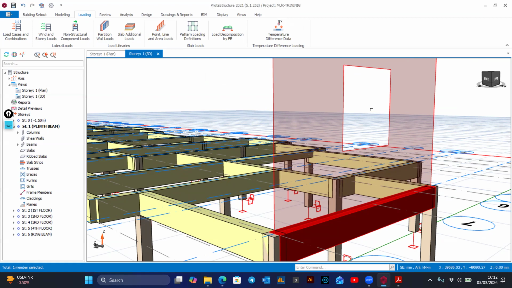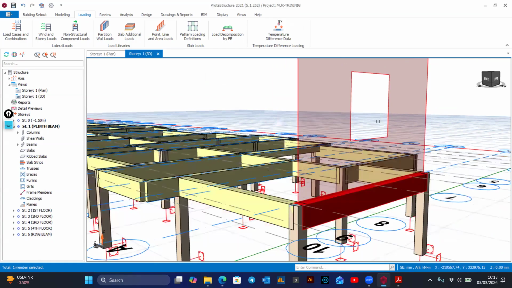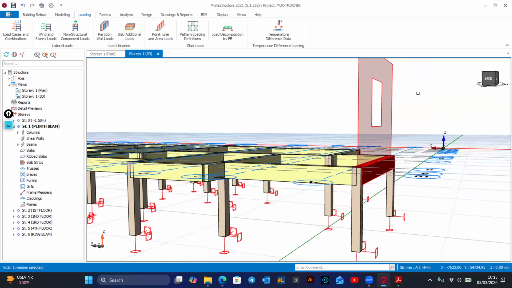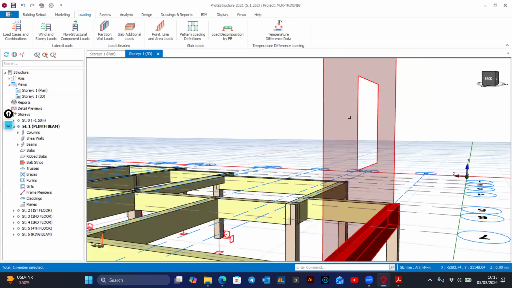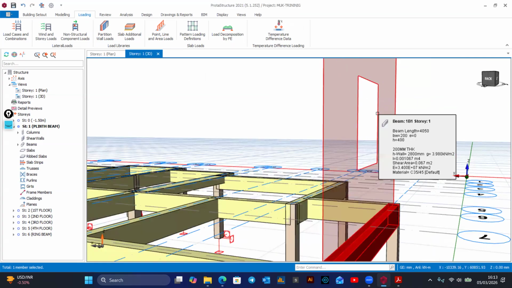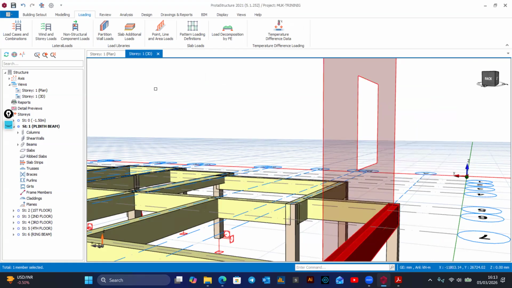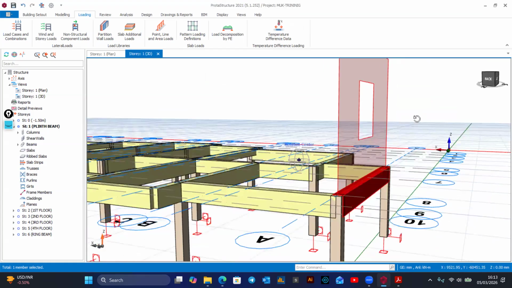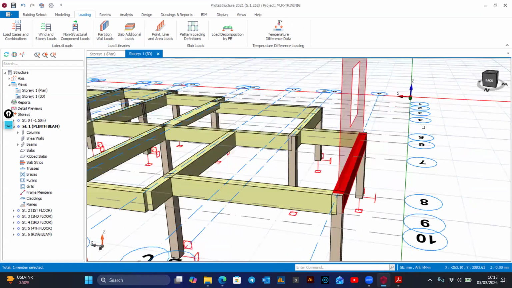If it is a steel casement window, that load must be catered for. You may get less reinforcement, but how are you going to look at the steel for this window? So in normal practice, to be on the safer side as the structural engineer, don't include those